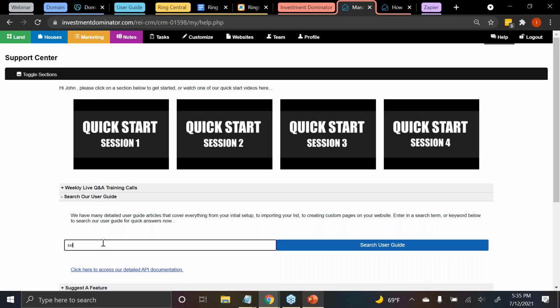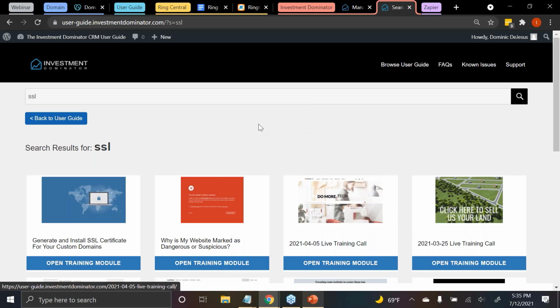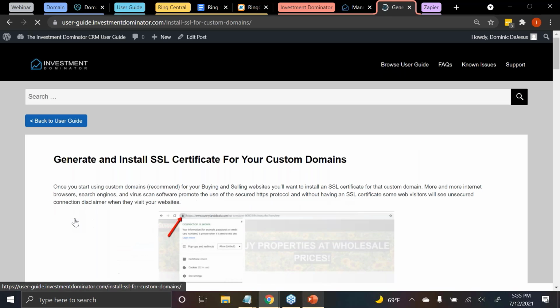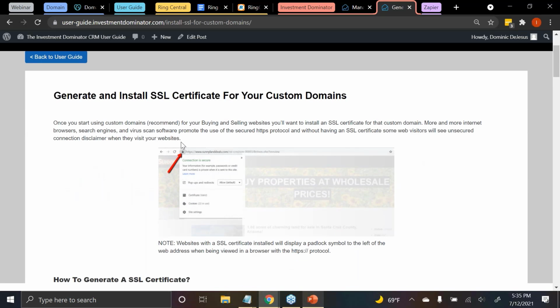What you could actually do is just come over here to our user guide and type in SSL. And the first article here, generate and install your SSL certificate for your custom domain. This article will basically walk you through the process, to make sure you get this lock on your website. And once you get this lock, you'll notice that your website, in terms of search engine optimization,